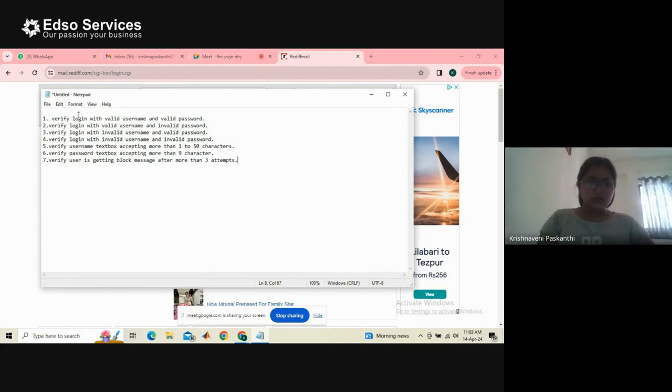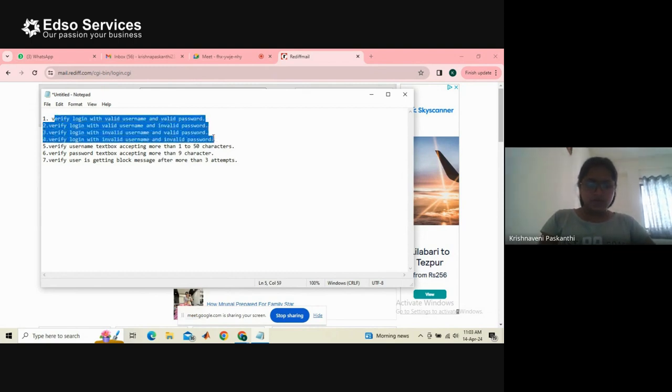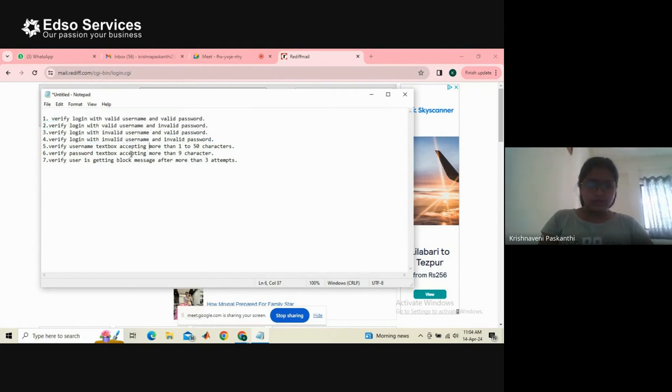Yes, sir. Verify login with valid username and valid password. Here we have used the decision table technique. In these four test cases, we have used decision table black box testing. And in verify username text box accepting 1 to 50 characters, here we can use the equivalence class partitioning technique,